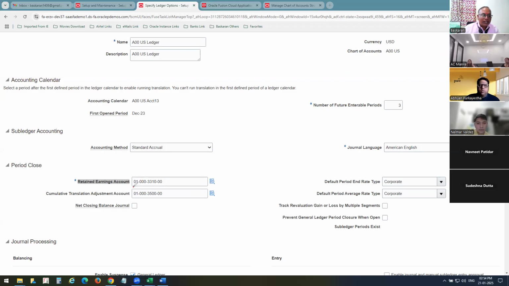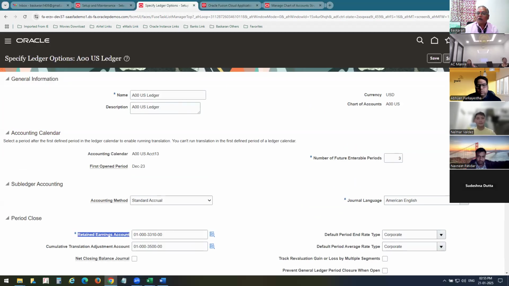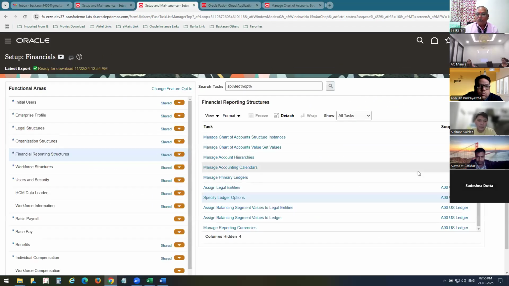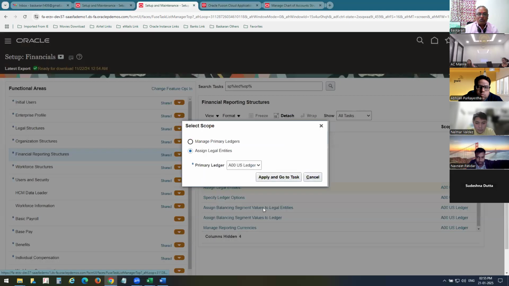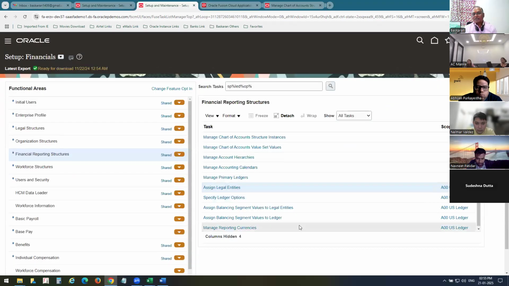Why did I explain this? These are all things we will practice during our GL class, out of which what is mandatory has to be completed. Now I want to do it for another ledger. How to change it? Through the scope, we can change it. I told you, through the scope we can change it. So click on save and close. What is your other ledger? You can select and test. So likewise, we have to